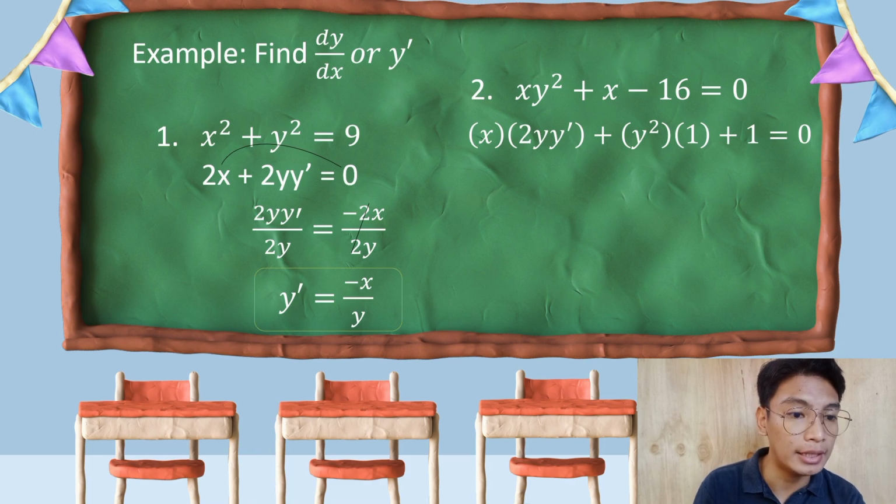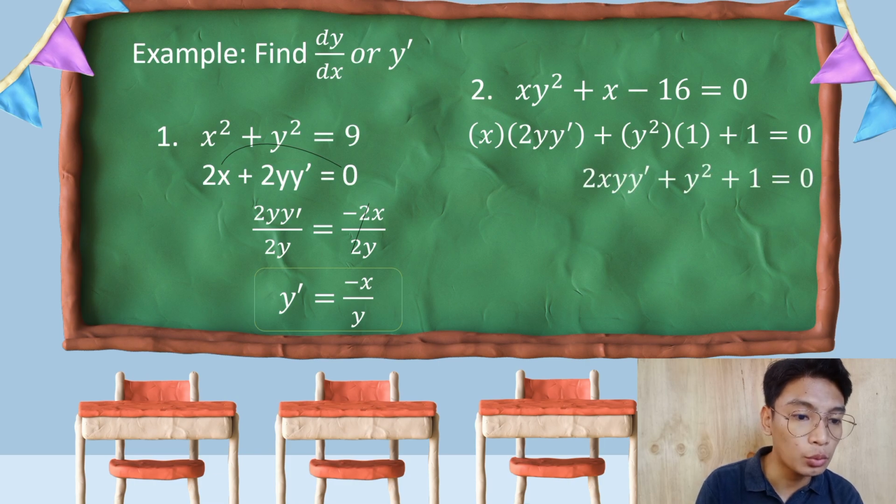So plus the derivative of x minus 16, as negative 16 is constant, we can just cancel it. So we will have 1 because the derivative of x is equal to 1. So in this function, we will get x multiplied by 2y y prime plus y squared multiplied by 1 plus 1 is equal to 0. And to simplify it, we will get 2xy y prime plus y squared plus 1 is equal